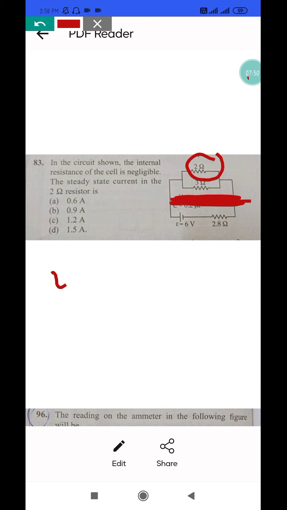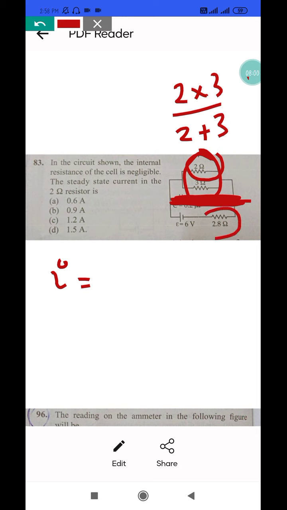So the total current, which is basically in this 2 and 3 which are connected in parallel connection, right? So the effective will be 2 into 3 divided by 2 plus 3. And we have this resistance 2.8 which is in series with the given combination, plus 2.8. So this is our equivalent resistance. Shall I tell like that? So the equivalent resistance, just by doing it, turns out to be 4 ohm.